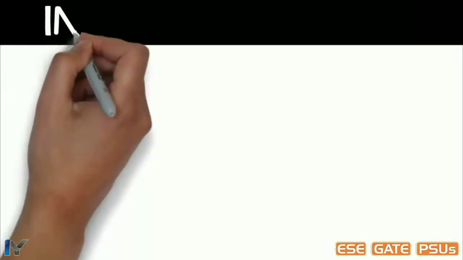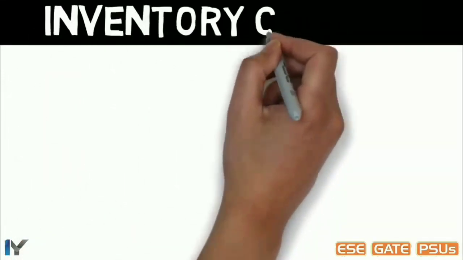Hey guys, in this video we will see the inventory control topic. To understand the principle of this topic is very important in order to minimize the final cost of the product. Inventory control is one of the most important tools of industrial engineering and management. Here we will simply maintain an appropriate amount of stock in the inventory, and by doing so we can reduce the handling and carrying cost of the product.